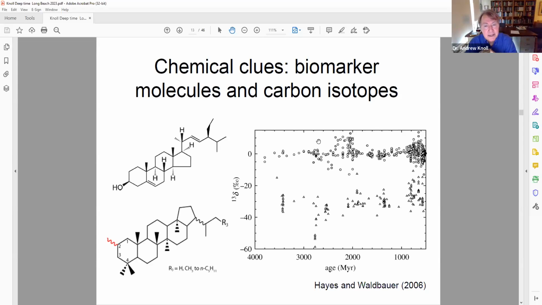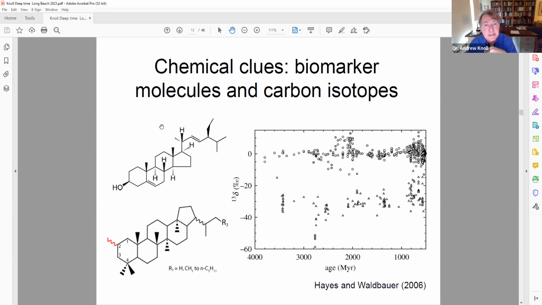It turns out that sterols and some other kinds of molecules actually preserve reasonably well in the geologic record. DNA doesn't preserve well. The oldest fossil DNA that we know of is only about 2 million years old. Proteins don't preserve very well because, like DNA, they're good food for microbes, but sterols, different kinds of lipids, preserve pretty well. So we find on the upper left there, that's a sterol structure. We find the geologic